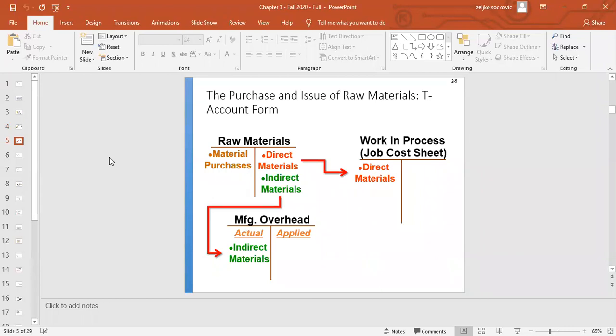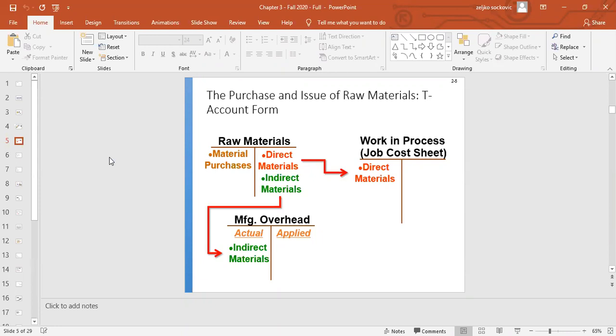So raw materials, you have some purchases, you add them to this account, and then, as you can see, direct materials are going straight to work in process, but indirect materials are going to manufacturing overhead, on the actual side of this account. Why? Well, because we are not adding actual materials to the overhead. We're just keeping track of costs. These are just numbers, just dollar amounts. We will send indirect materials actually to the factory, of course, but